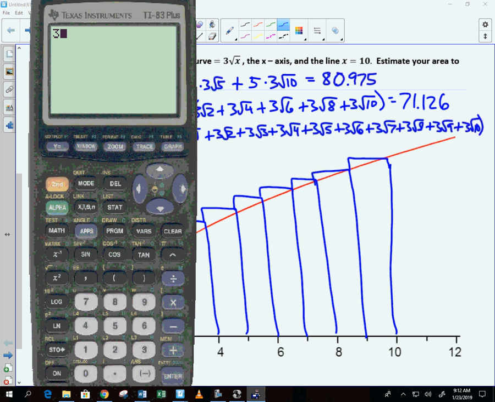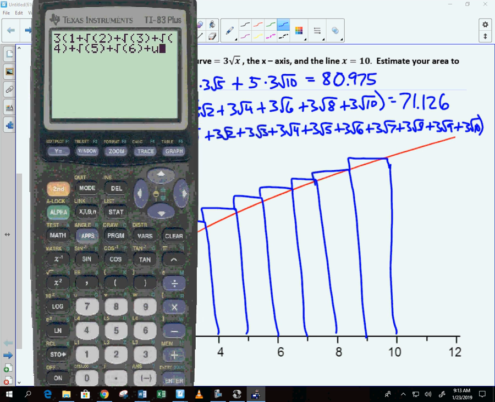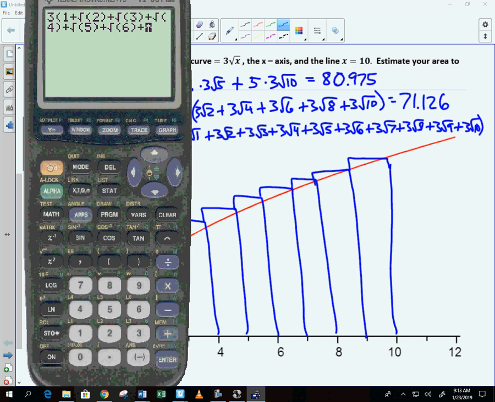So that means we have a 3 out front times the square root of 1 plus the square root of 2 plus the square root of 3 plus the square root of 4 plus the square root of 5, square root of 6, whoop, messed that up, Mr. Gens. Square root of 7, square root of 8, square root of 9, square root of 10. I'm going to check my work just to make sure I got parentheses around everything, because